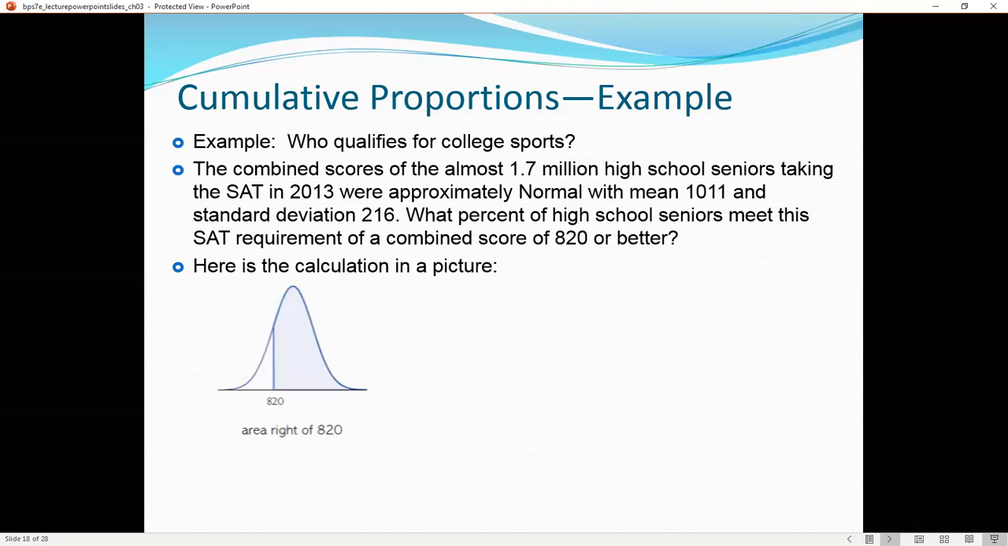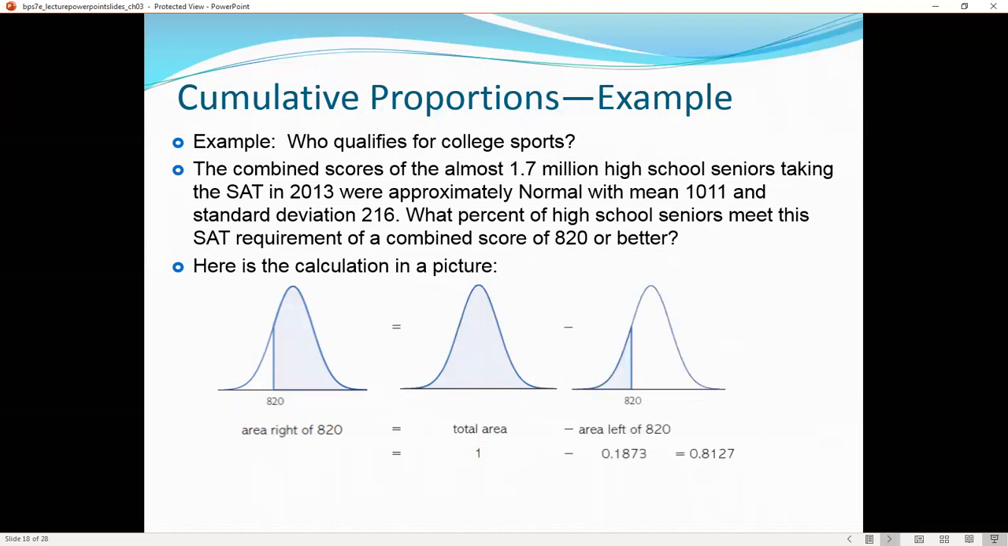So we're looking for the area to the right of 820. The total area under the curve equals 1. So to find the value less than